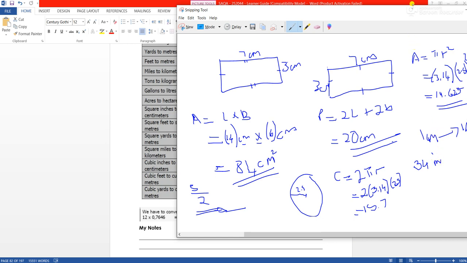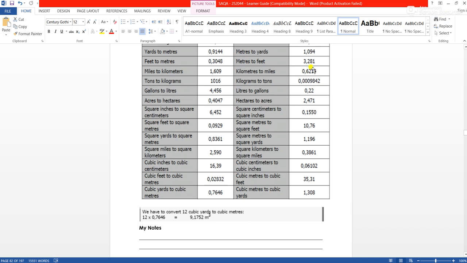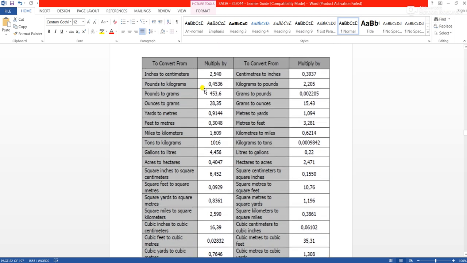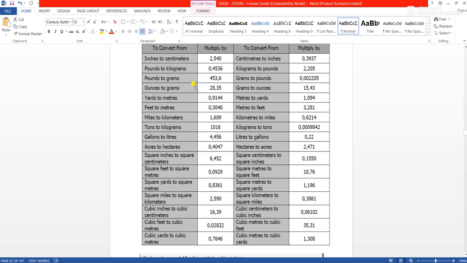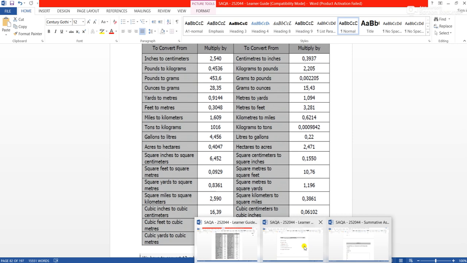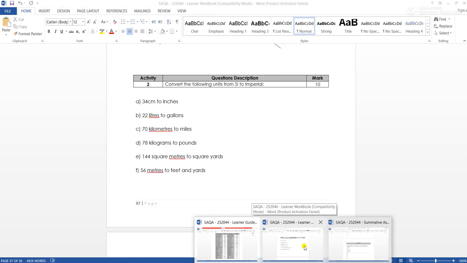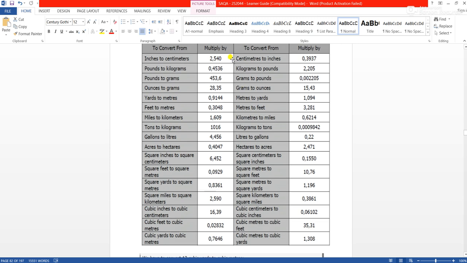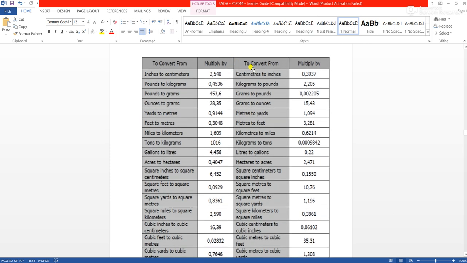What we need to do from the table that we are given, from inches, to convert from inches to centimeters. The question is what we need to do. We need to convert from centimeters to inches. So we need to convert from centimeters to inches. We multiply by 0.39